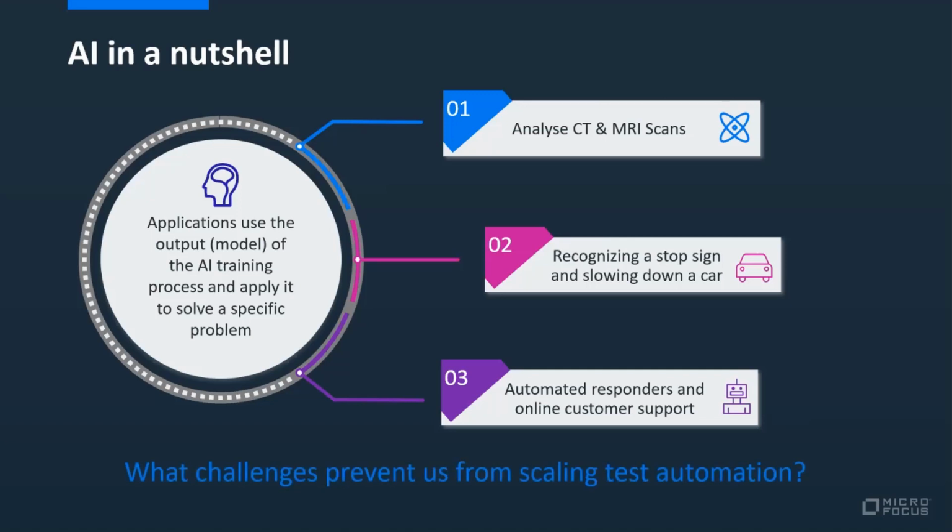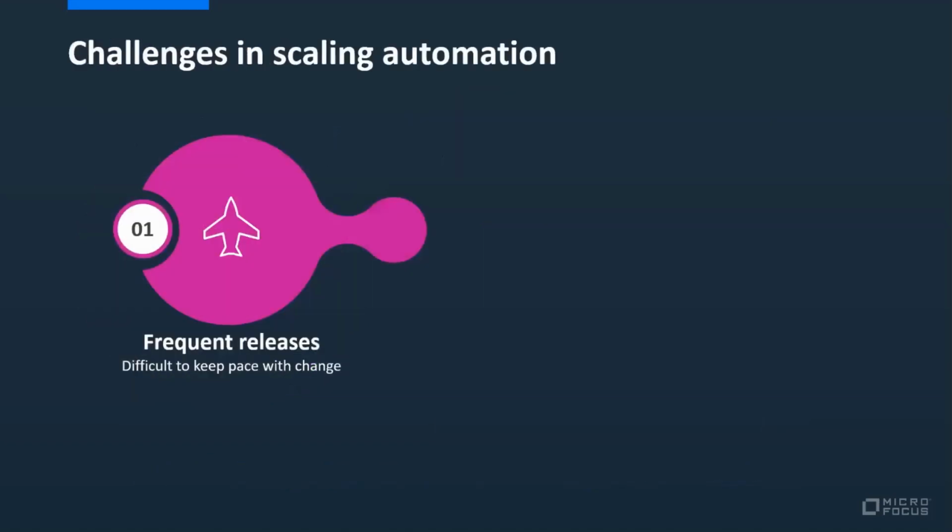Because if tests keep breaking, we cannot scale automation. If the pace of change is fast and we cannot respond to it, that will prevent us from scaling automation. And eventually, if we do not have coverage, that will prevent us from scaling test automation. Now, if we double click on the three key elements that prevent us from scaling automation, those are the following three. The first,